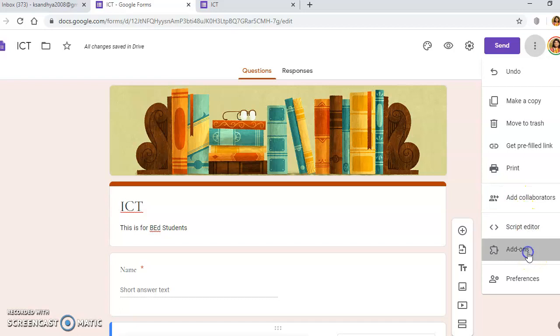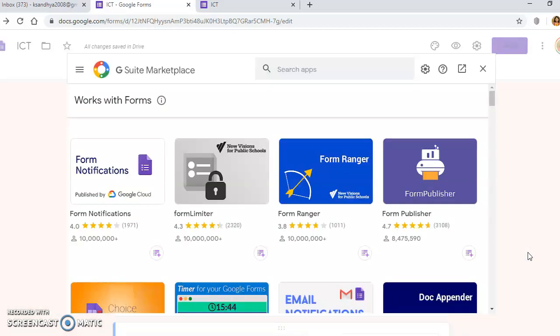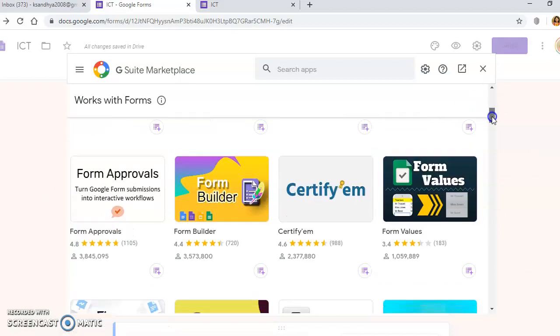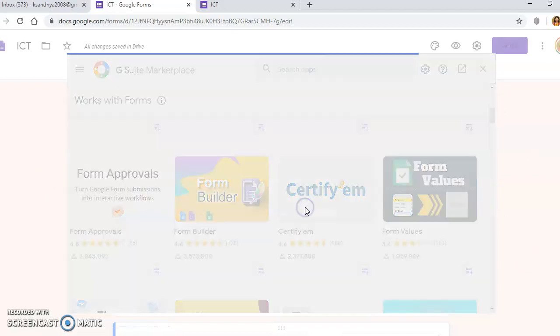This is one of the important features. If you click on add-ons, for example, if my students are filling this Google form and immediately I want to send a certificate of completion of any examination or quiz, here is one option called Certify'em. So let me go to that. Here, Certify'em.